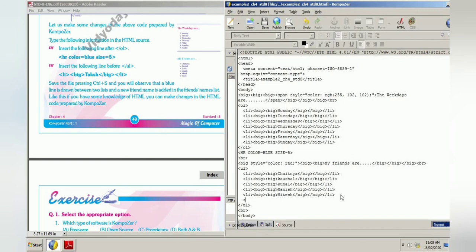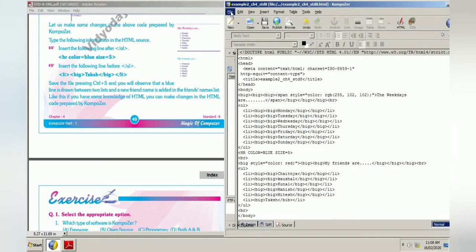Here we will use the LI tag, then the big tag, then another name we are inserting, that is Daksh. Then closing big tag and closing LI tag. Why does the big tag come 2 times? Because we have pressed the larger font size button 2 times, that's why.